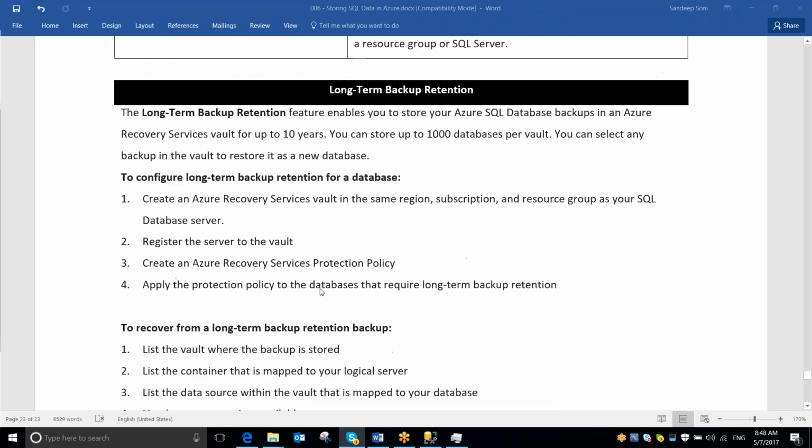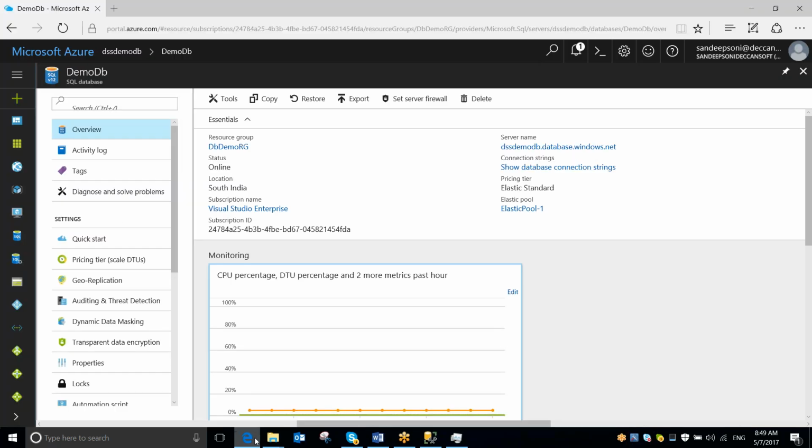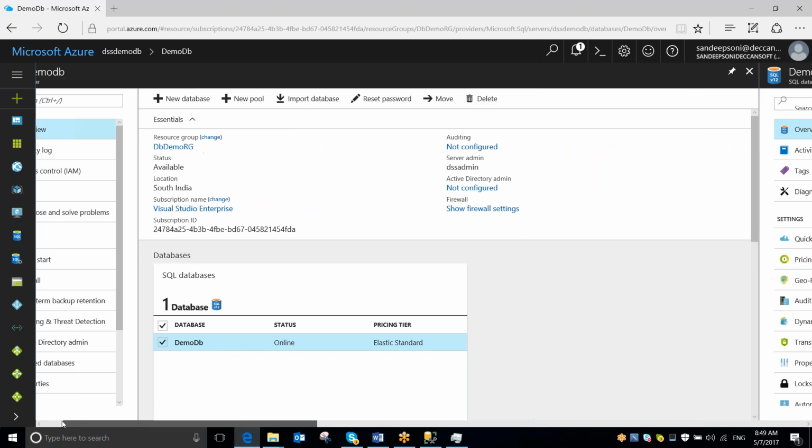Now we have got the last option, that is long-term backup retention. You want to retain backup for 10 years. What is the option then? Obviously, automatic backup, point in time restore, all these things will not work in that kind of case. So then you'll have to create a backup vault. If you remember, we created a backup vault when we used virtual machine, and in the backup vault we added the virtual machine. Like that only, you'll now have to create a backup vault,